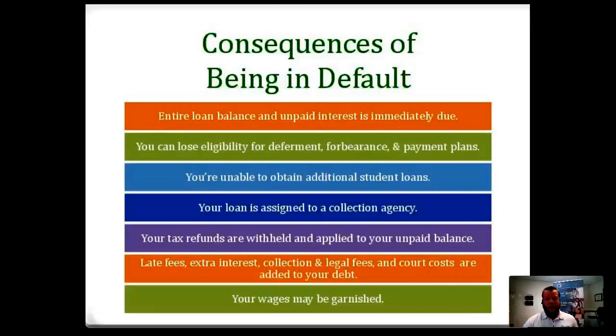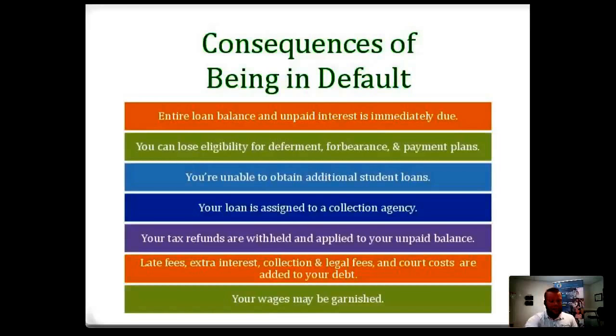They're going to be assigned to a collection agency. Tax refund can be withheld. This is why I wanted to bring this up. We're right around that time where people have already been filing. Some people's refunds have been levied. If you haven't filed yet because you know you have defaulted student loans, you do still have time, because once you're in default with federal student loans, they submit you to what's called a Treasury offset list. And if you're on that list and you file, they're taking your refund, okay? That's a big thing. Now, the way to get out of that, which I'll talk about later, there are ways, and it doesn't take that long, but we have to be proactive. We have to get after it.